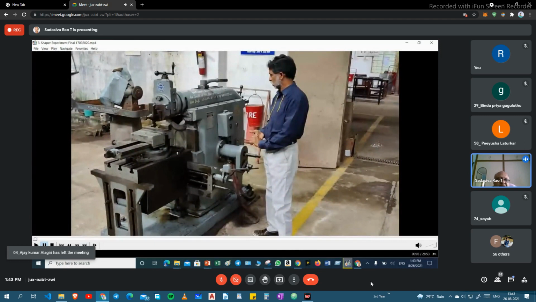For the shaper, in the theory, they will explain the different parts of the shaper and the quick return mechanism. But here, we are explaining the different parts, and also the quick return mechanism, the inside parts we are showing in this video.